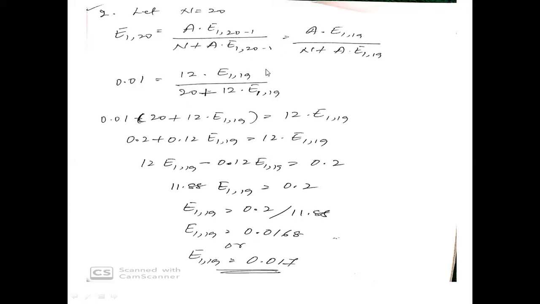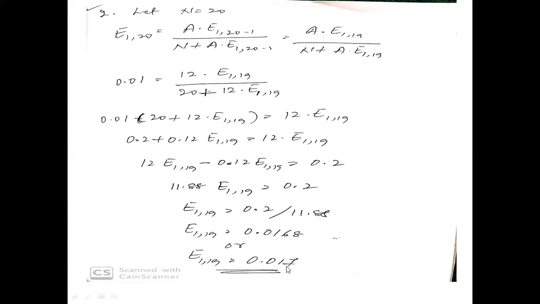That's why we are plugging in n equal to 20, which we have already seen. E(1,19) is what you need to solve for. If you move on with the equation, the whole simplification is given over here, and when you solve for E(1,19), it results in